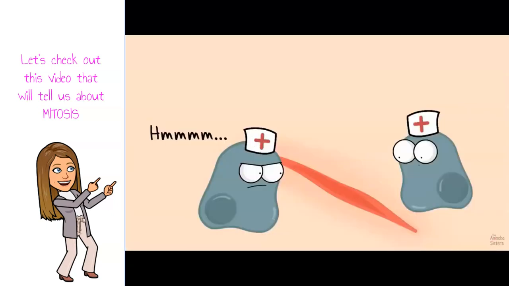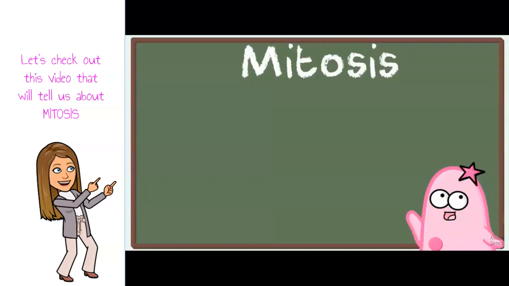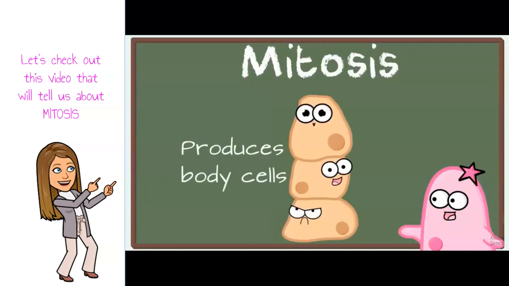Mitosis also is great for repair of damage. If you have some kind of accident, like when we were talking about that cut on your arm or leg, well, you want to make sure it gets repaired well. So you have to make more cells to do that. Mitosis is great for that. It helps produce body cells.